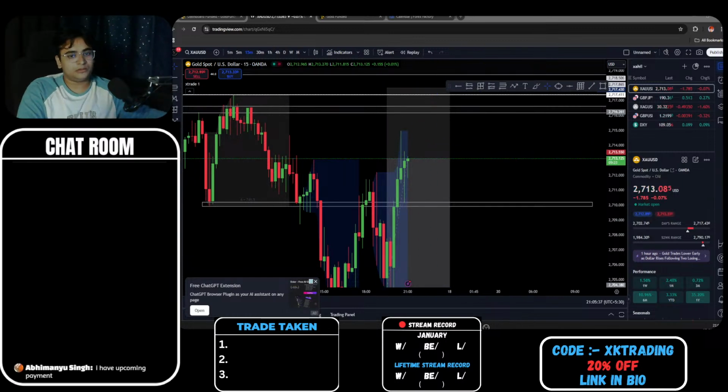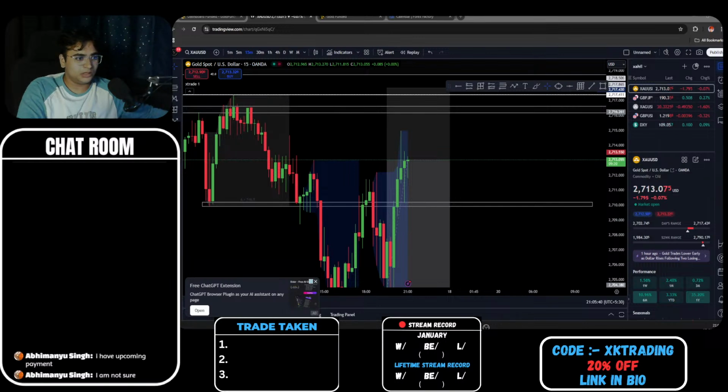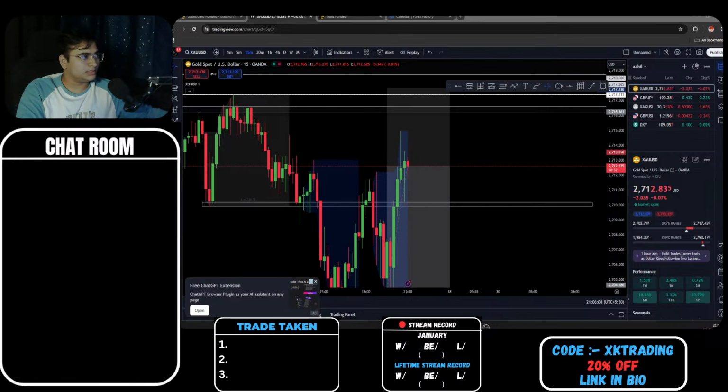Okay, I have an upcoming payment. Do you have that payment in Binance, or Deel, or where are you getting that payment? RicePay? Then you can transfer to your bank account, right? Isn't that right? RicePay goes directly into your bank account, right? Or is it RicePay in crypto also, something like that?